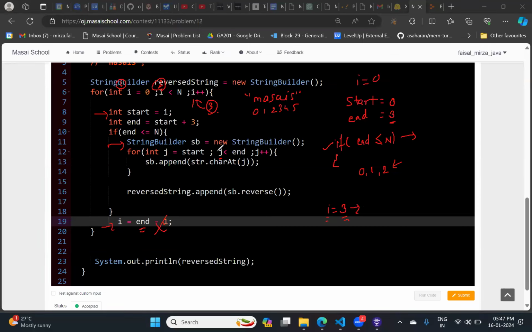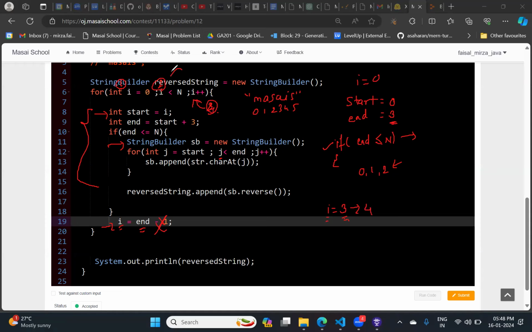So see now over here, end is 3. Currently I'm not doing -1. If you're having a problem with the -1, I am just assigning the end value directly. It is 3, but this 3 is not going to be directly assigned to start because this step is there now. If you understand the working of the for loop, this is the first step, this is the second step, another step is going to run, then after that this is the fourth step, I plus plus. So I value is 3, so it is going to become 4.